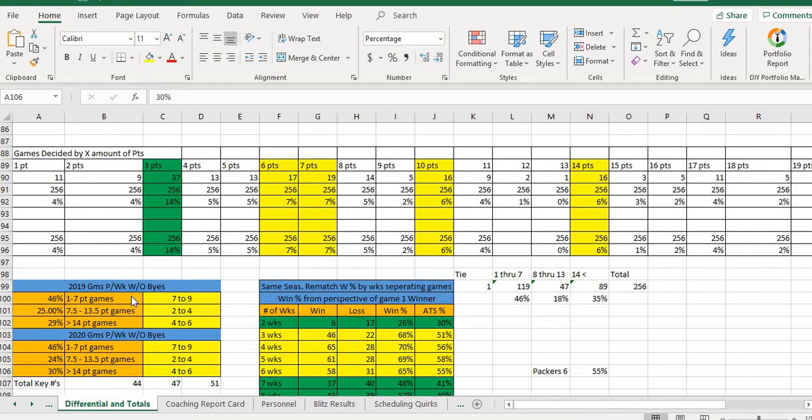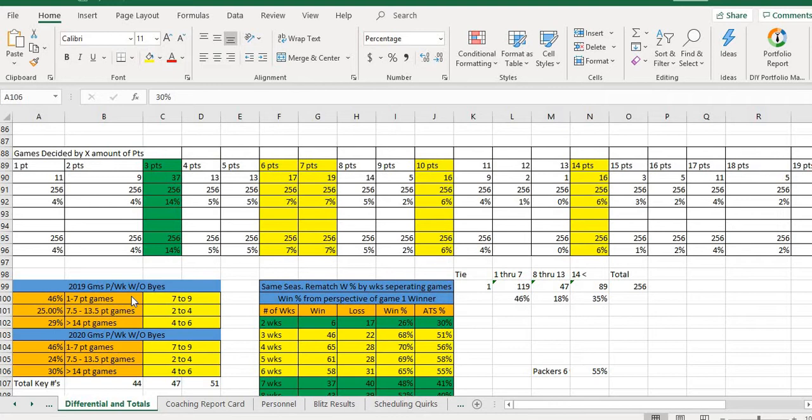And if you're going on a week by week basis, if there's no bye weeks, there's 16 games, and off the percentages, and this will stand to be true. And if you want to go back and dig through the history, feel free. But I'm giving you the numbers here that I've tracked over the last 4 or 5 years. You have about 7 to 9 games every week that land in that 7 point or less differential.